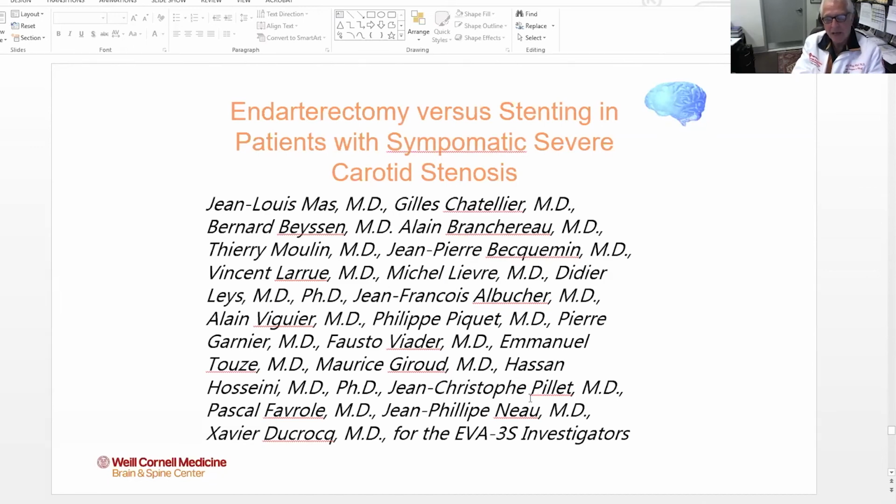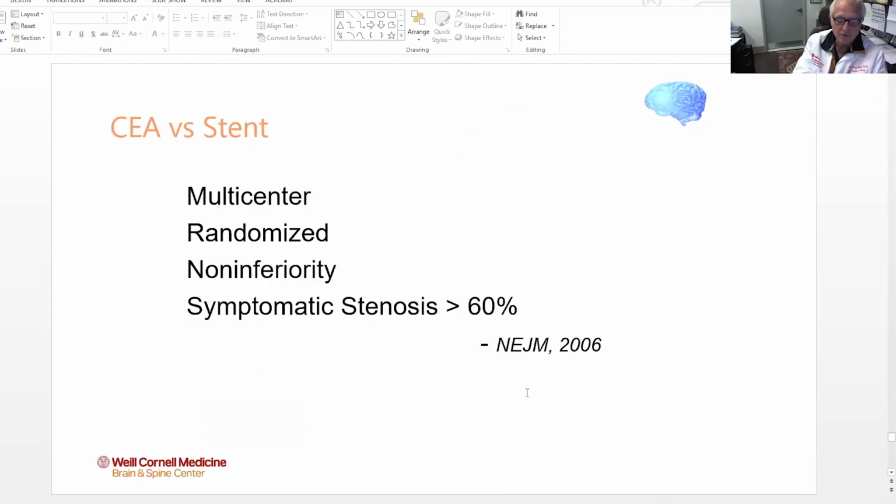There has been a lot of debate about endarterectomy versus stenting in patients with severe carotid stenosis. They're probably at equipoise, I think, in terms of the utility. I will say at our institution, we're doing more endarterectomies than we are stents. We reserve stents for patients that have a significant number of medical comorbidities,